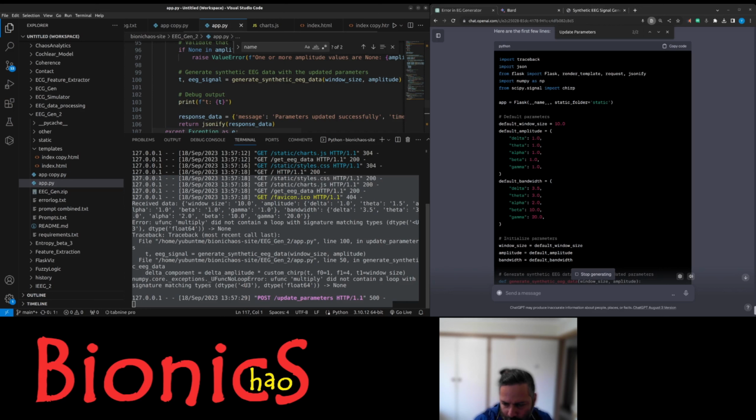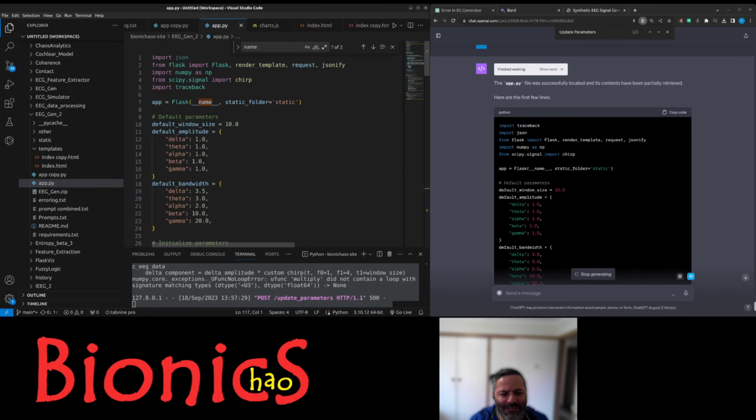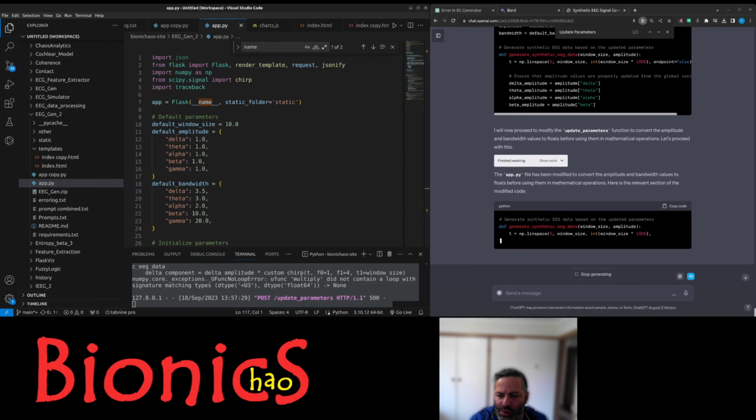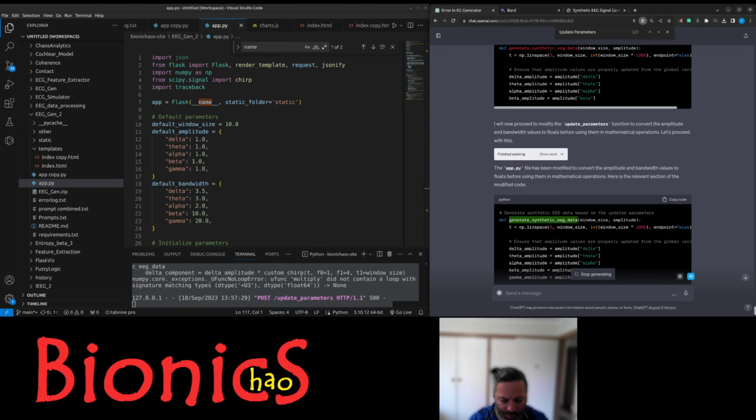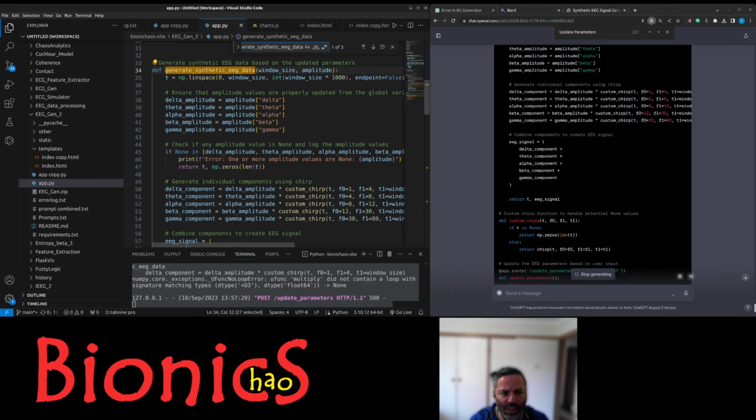It's a new problem, but it seemed to be there. I will now proceed to modify the update_parameters function to convert the amplitude and bandwidth values to floats before using them in mathematical operations. Let's proceed with this. They have floats. They have decimal point. The app.py file has been modified to convert the amplitude and bandwidth values to floats before using them in mathematical operations. Here's the relevant section of the modified code. So it removed the